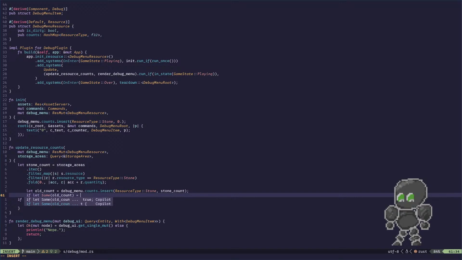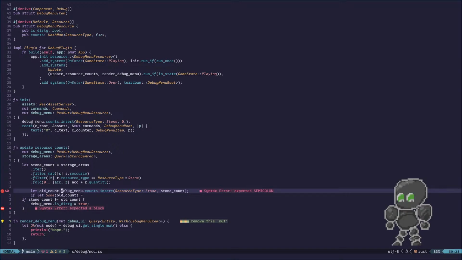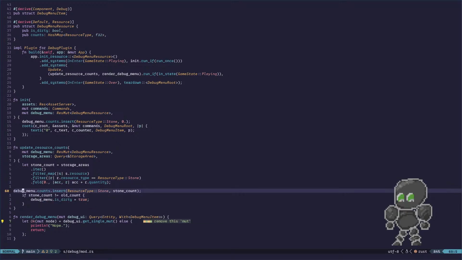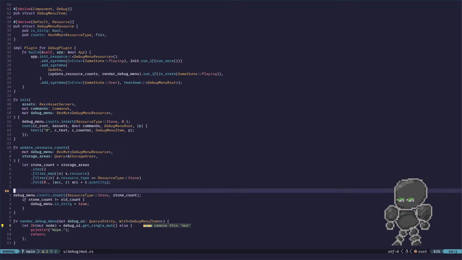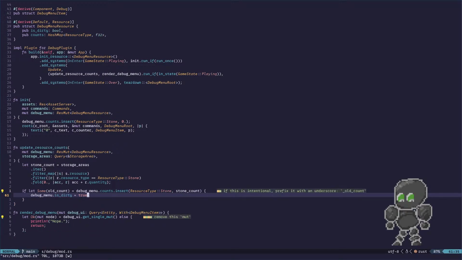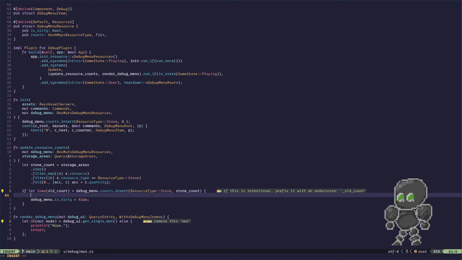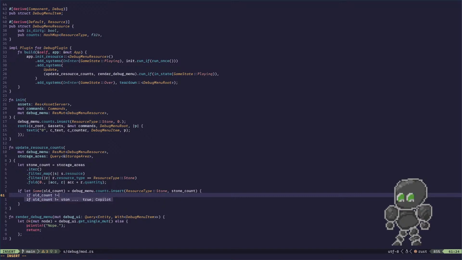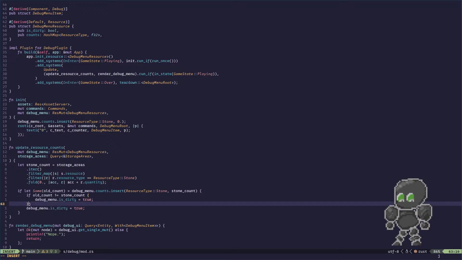If let some old count equals debug menu counts insert stone count. If old count does not equal, yeah,